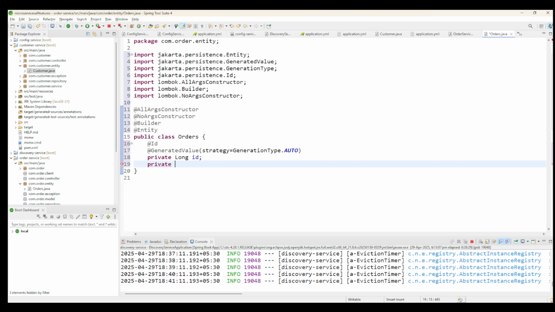We can add private String name. Next we can add private Double price, because price should be a double. And finally we are going to add quantity,